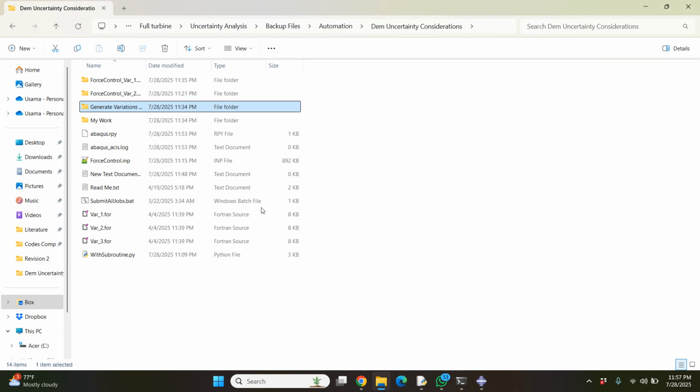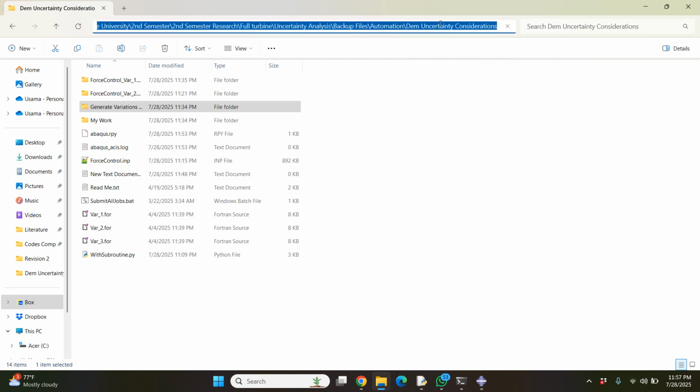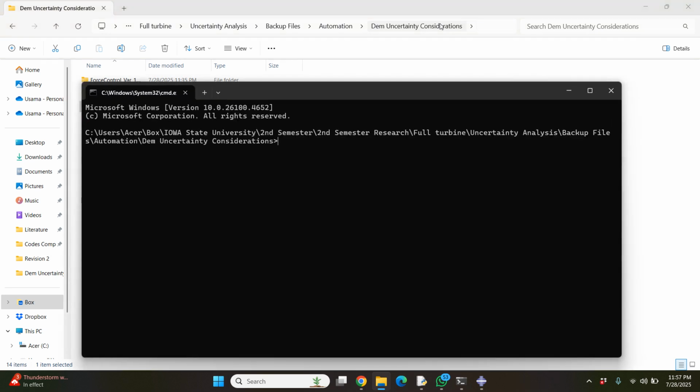Second method, for example, sometimes you want to work in a specific folder. So what you do, you open that folder. Let's say I want to work here, and you add this address, click here and write here. This is an easier method. You don't have to search through all the folders. You just come here, add the address, and write cmd, like command.exe, and it will open this one, and